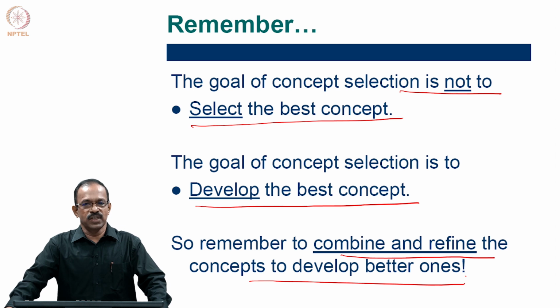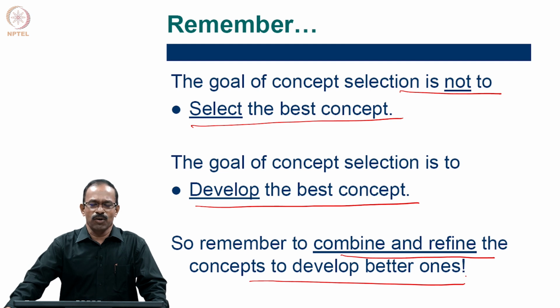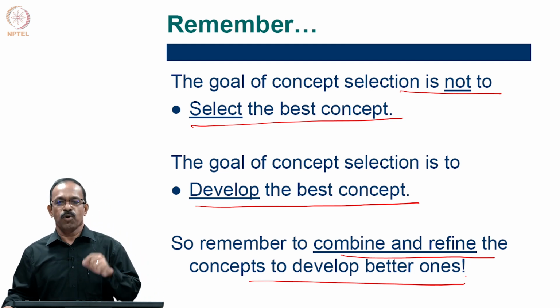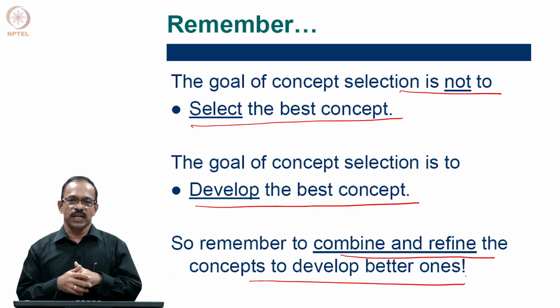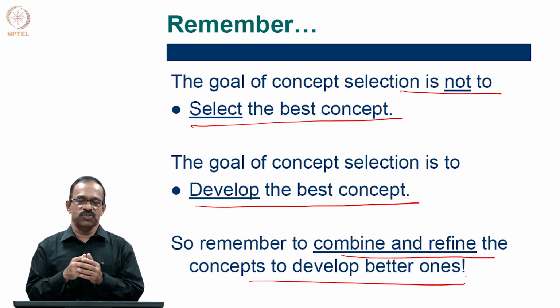I hope you understood this process of selecting the concept, and that is the last topic that we wanted to discuss. So, we have gone through the whole process of product development, starting from the mission statement to the development of concepts. So, the functional and conceptual design part is completed, and in product development, the next stage is to give a shape to the product, which we call embodiment design. So, that is the third stage, where we give shape to the concept to make it a product.